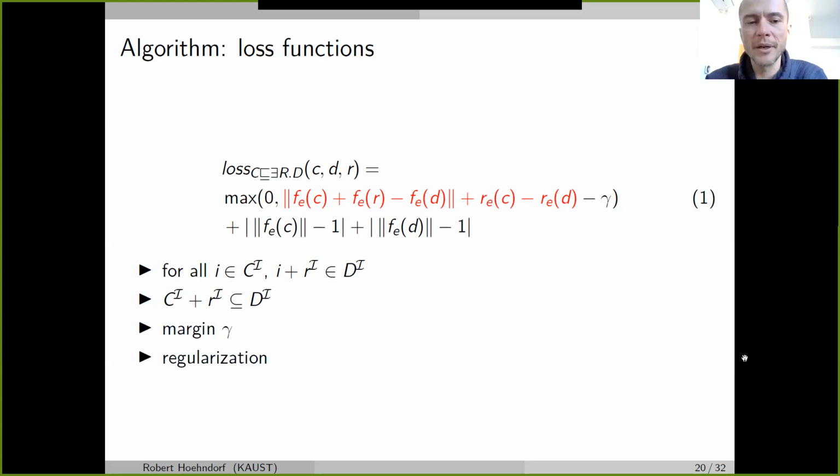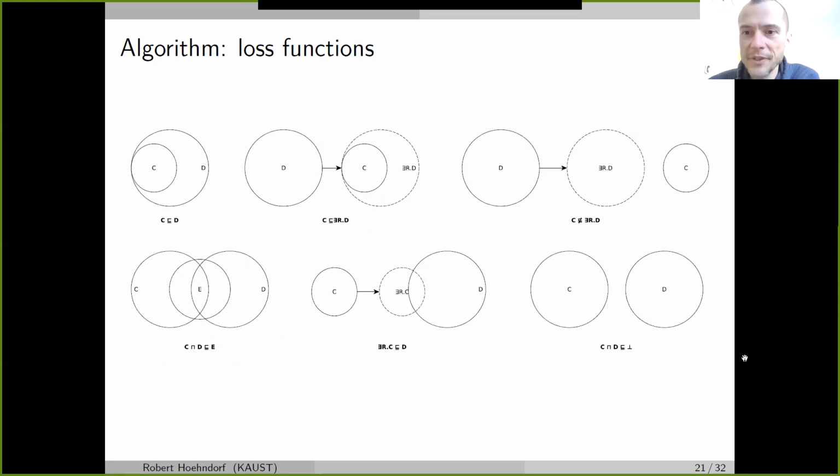And then there is a margin and there's some regularization, which are pretty standard, so I'm not going to explain them too much. The margin is basically just for n-balls, we can force them to be properly inside and so on. So we basically have this loss function. There are 4. There's one here, and it doesn't show 2 of the other ones because they're very similar. And there's one which we can add, but we don't have to add, the function on the top right, which is essentially a kind of negative sampling. In some cases, it improves our prediction performance, so we write it here as well as a function.